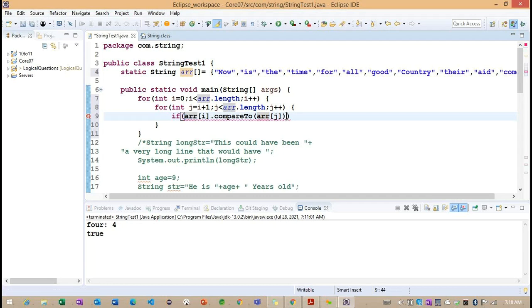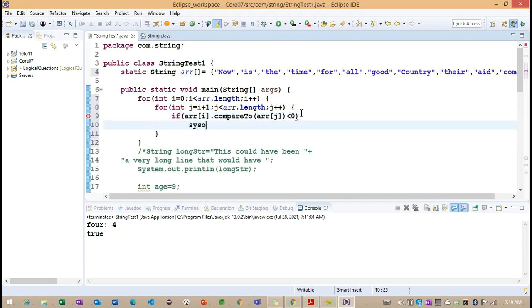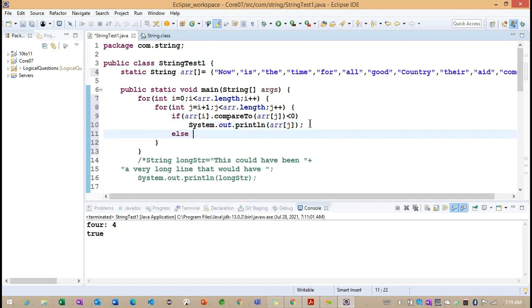Both are going to work as index locations. After this, I need to check less than 0. If it is less than 0, we can print the values that are less than 0. Just for understanding how the compareTo method is going to work, I'm trying to print arr[i] and arr[j].